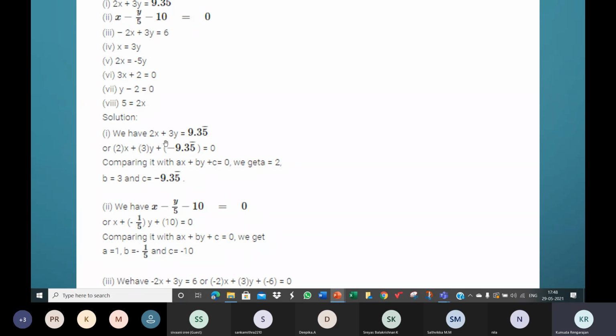See the first one here, 2x plus 3y is equal to 9.35 recurring. So take this to the LHS. It looks like this. So 2x, which is 2 into x, like ax, plus 3y, 3 into y. So there's a plus sign already. Now when this comes here, it's minus, but they've just taken a plus outside and shown the minus inside the bracket, like plus c is equal to 0. So on comparing, you can write out the values of a, b, and c. A is 2, b is 3, and c is minus 9.35 recurring.